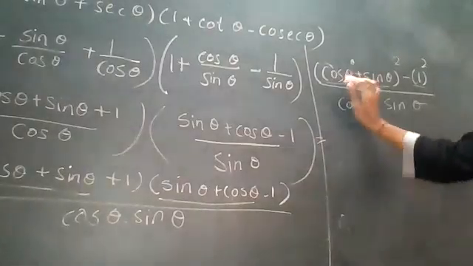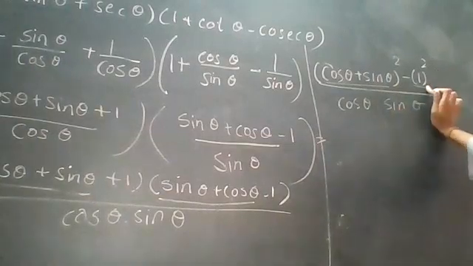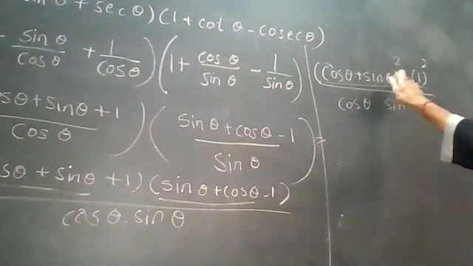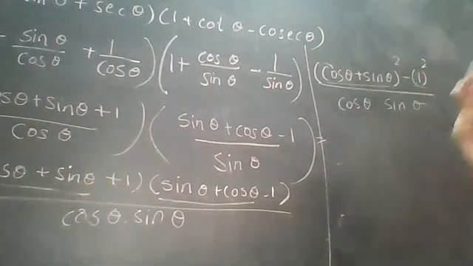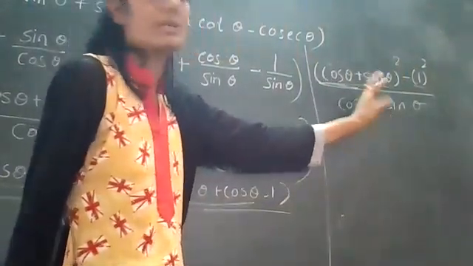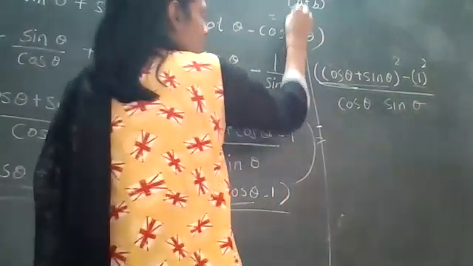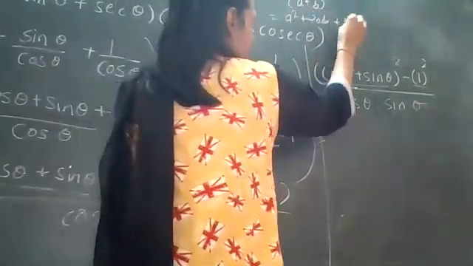So now what will become? This A square becomes 1 only, 1 square becomes 1 only, but here is given cos theta plus sin theta whole square. So here A plus B whole square is there. How can we solve this? It becomes A square plus 2AB plus B square, right? So we are simplifying this now. Separately, cos will become your A and sin will become your B, so we use this identity A plus B whole square equals A square plus 2AB plus B square.